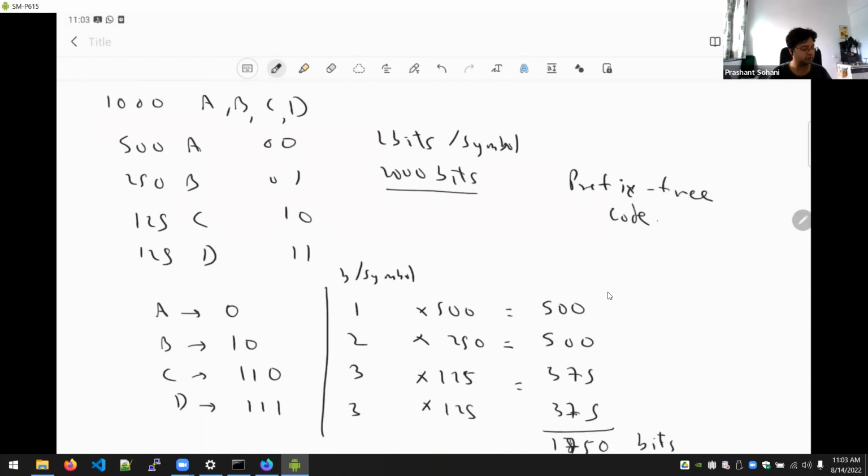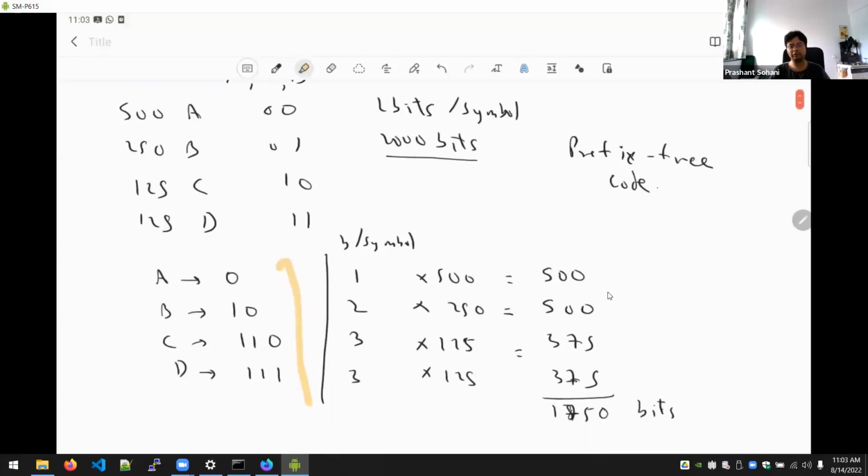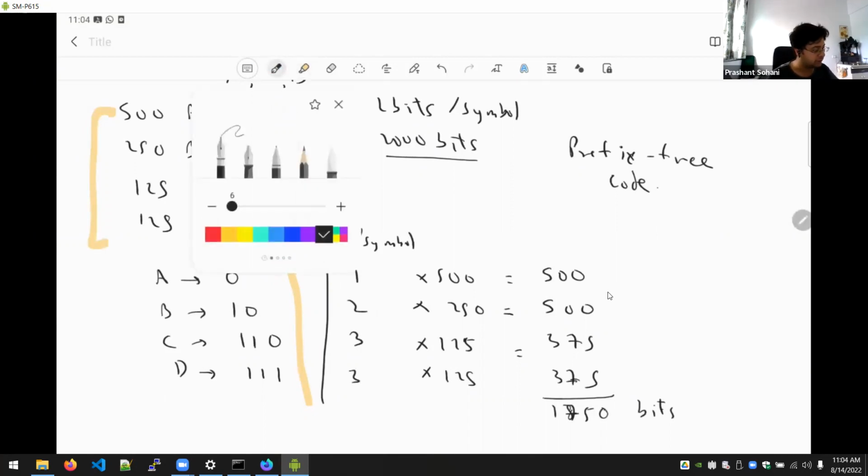And so for this, the important thing is how to build such a code. That is something we did not discuss last time. I just gave you this code here, that if you use this scheme, we were able to verify that there is no issue with the prefixes and we are able to save the bits. But how do you actually construct such a code if you know the distribution of the bits? So if you know the frequency of each character, then how can you use that information to construct this code in particular? That's what I want to show today.